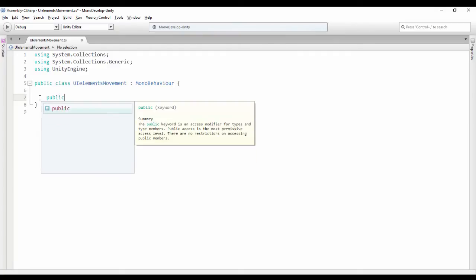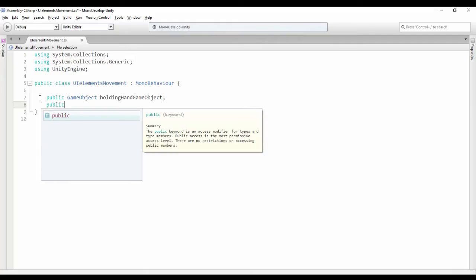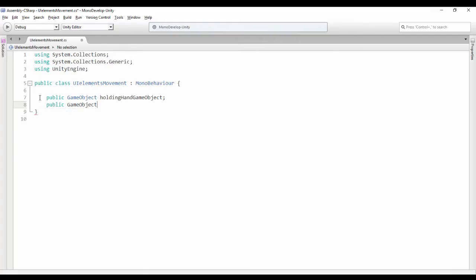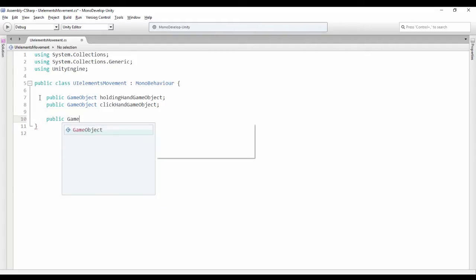So public GameObject holdingHandGameObject, and public GameObject clickHandGameObject, and the game object for the target position, public GameObject targetGameObject,